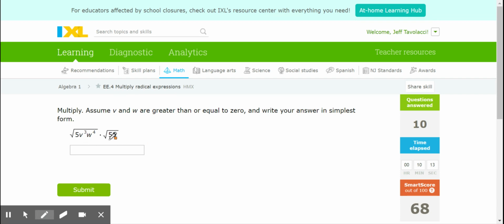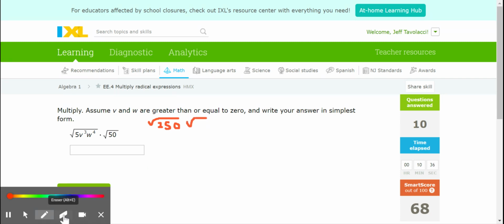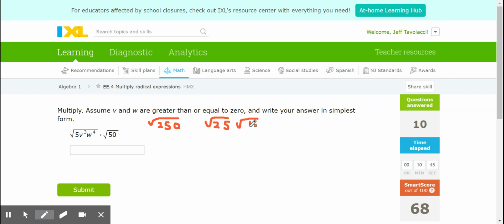We've got a root 5 and a root 5. So I know those are going to come out. So root 5 times root 50 is root 250. But since I know that they were both divisible by 5, I know a root 25 will come out eventually. Actually, you know what? Just to save time, I'm going to break it up now. I'm going to say this is root 25 times root 10. And I'm going to break up